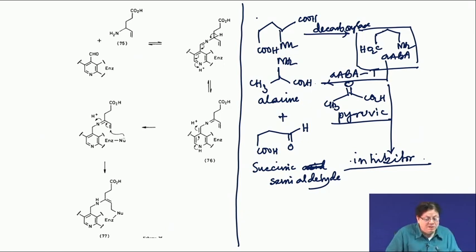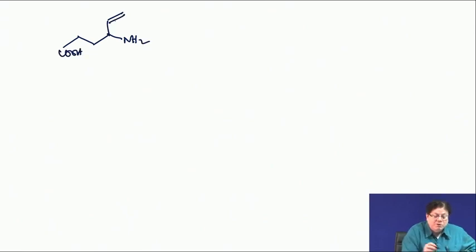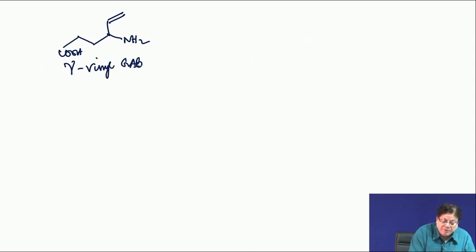Now, let us talk about these GABA transaminase inhibitors. Okay. So, one compound is what is called gamma vinyl GABA. So, this is your GABA, a very similar compound, but you put a double bond here, a vinyl. So, this is called gamma vinyl GABA. Now, this is an inhibitor and the mechanism will be, remember, the